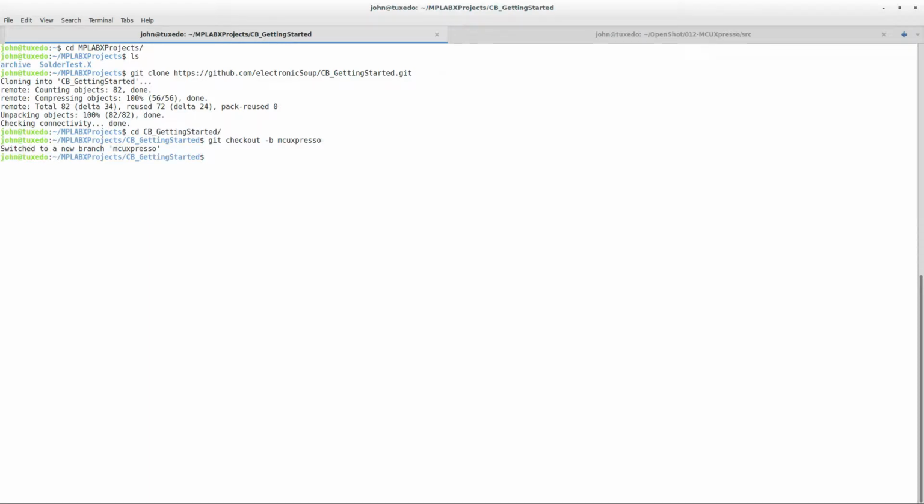I'm going to try and include both. So in this directory, if I make a directory called MPLAB-X, which is going to be my MPLAB-X project, I git move the NB project into that same directory,